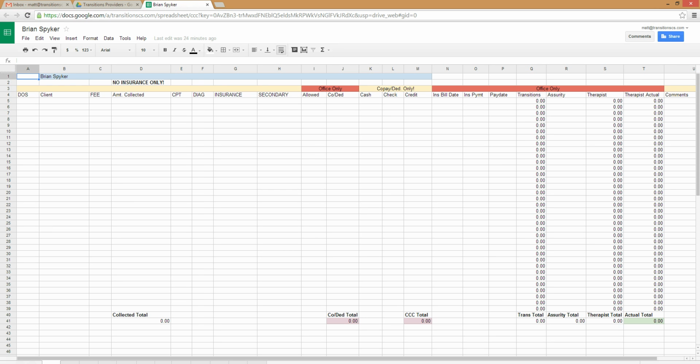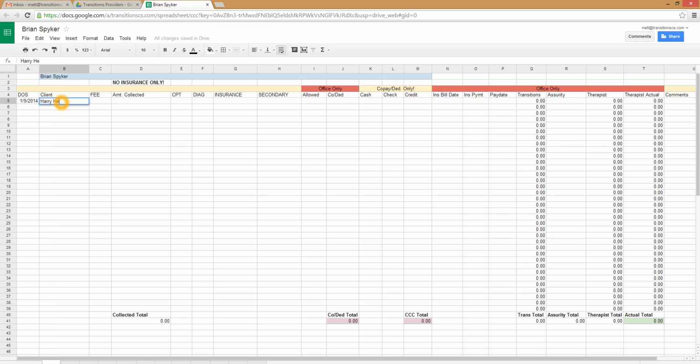So anything that's in beige here is what you need to worry about filling out. These areas here and this area over here. The very first thing you want to do, so you have your files for the end of the day, you look at all of your separate fee schedules and you put in your dates of service. So let's say we're working on the 9th, which is today. So your first date of service would be the 9th,